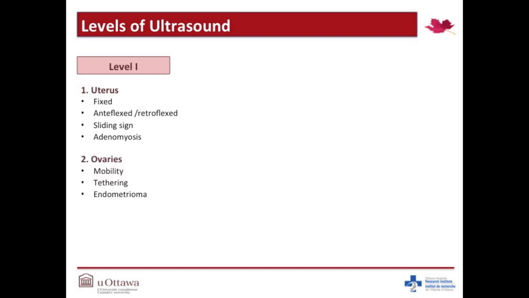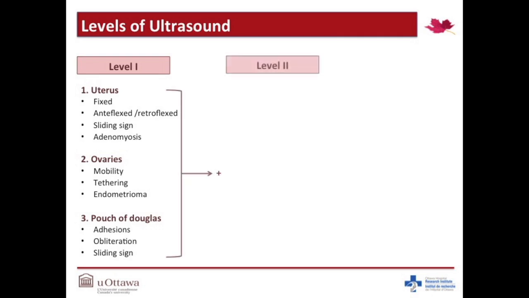Ovarian assessment should include mobility, tethering due to underlying adhesions, and presence of ovarian endometrioma. Pouch of Douglas should also be assessed for adhesions or obliteration, and sliding sign is a useful marker for the same. If the level 1 scan findings are indicative of endometriosis, and if clinically indicated, then a level 2 scan